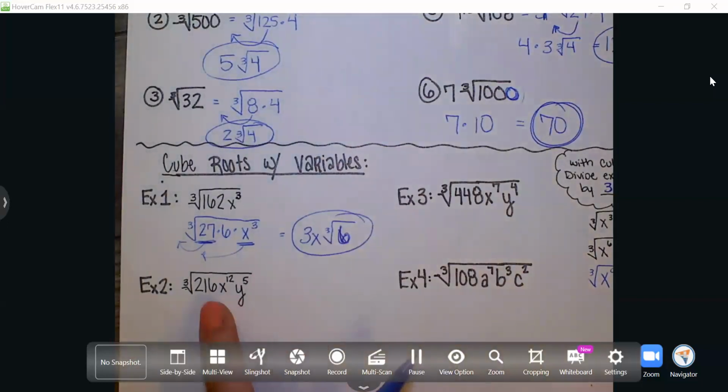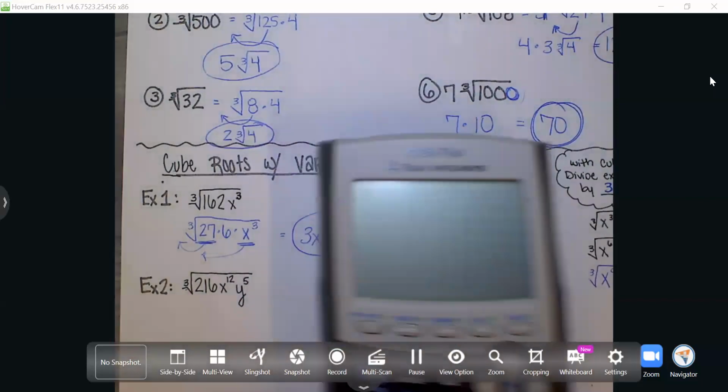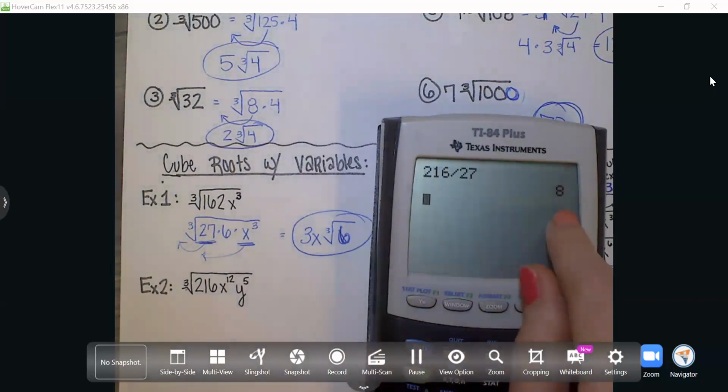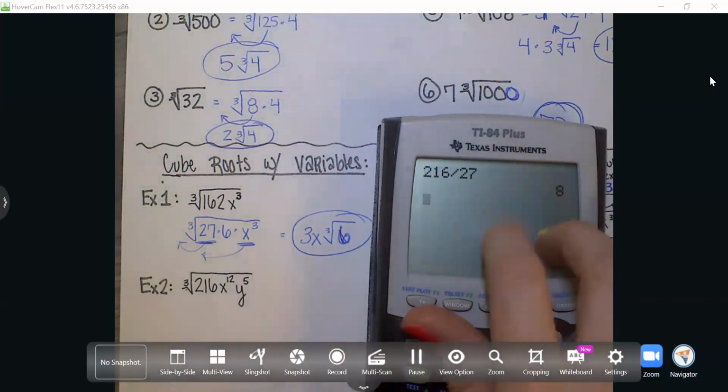Let's try the next one, 216. 216 divided by my perfect cubes. 216 divided by 27. Oh, that's perfect. Oh, 27 and 8 are both perfect cubes. We should probably divide by something bigger because I'm going to have to redo that. Okay,